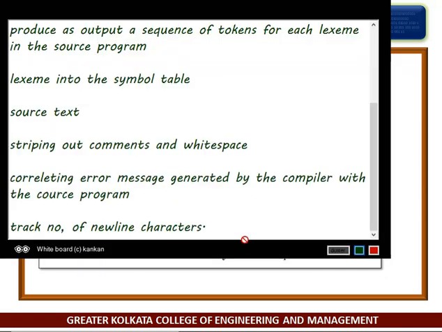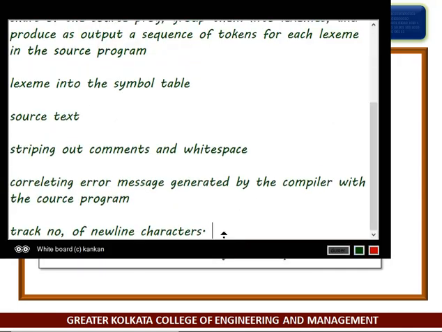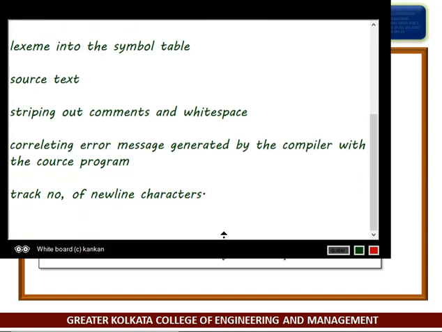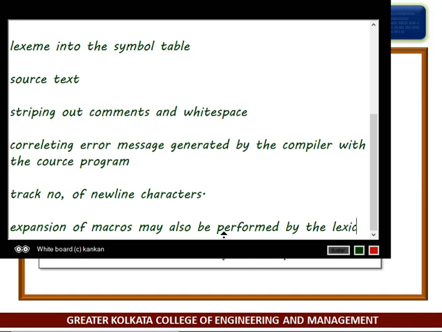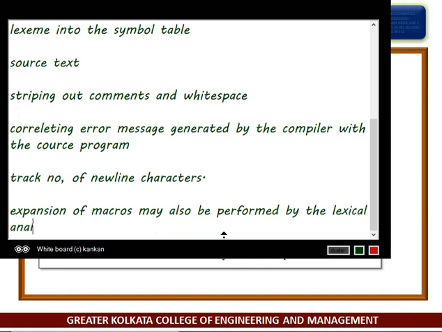Another thing that you need to remember is that the expansion of macros may also be performed by the lexical analyzer.